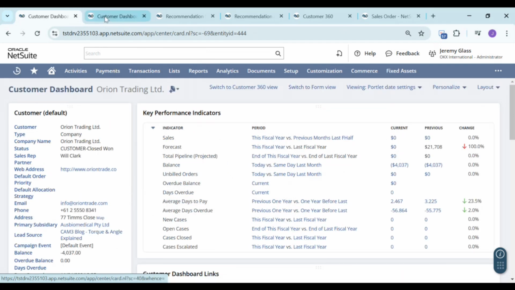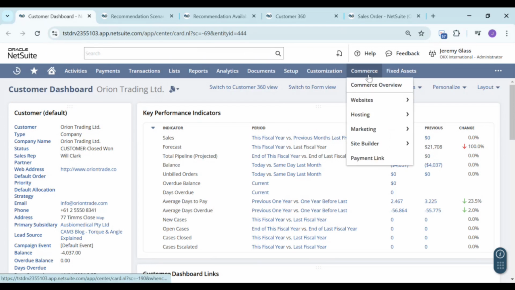So before jumping into the other dashboard, which is the Customer 360, and giving you the ability to see more defined KPIs, let me just go now to the intelligent recommendation that the system has.